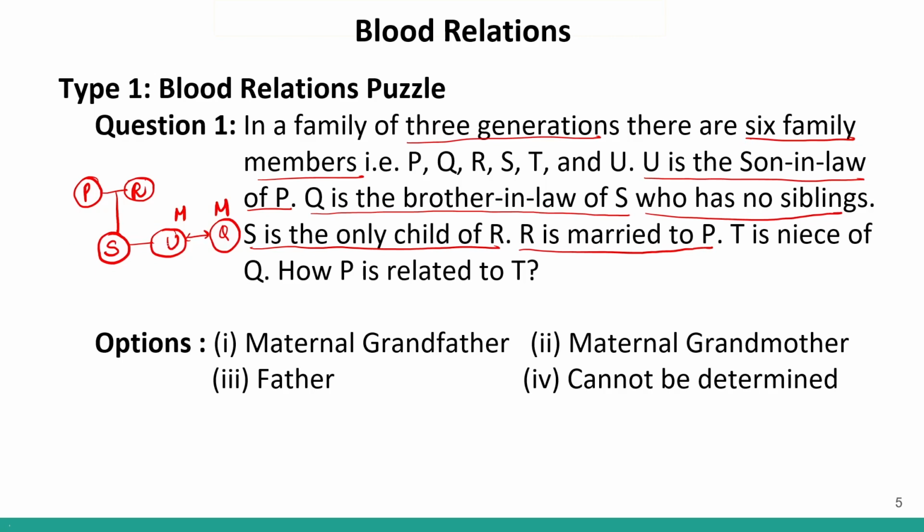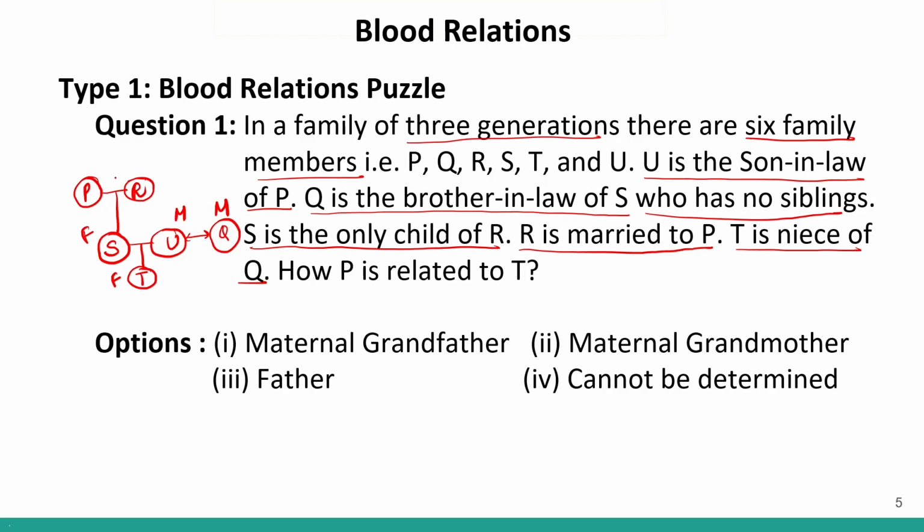If U is male, S will be female because U is married to a female. So S will be female. Okay. Now it is given to us T is the niece of Q. Niece of Q means T will be the daughter of Q's brother or sister. That is how you get the relationship of niece. So T will basically be the daughter of S and U. If it is a daughter, it is called niece. Female is called niece, and if it is male, it is called nephew. So T is the niece of Q. That means T will be the child of S and U. T will be the daughter of S and U.